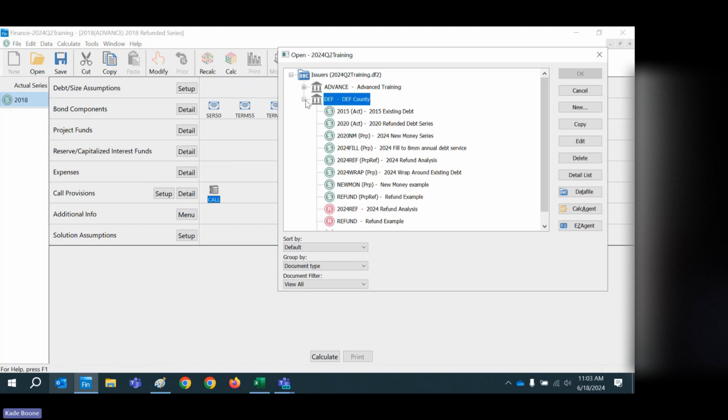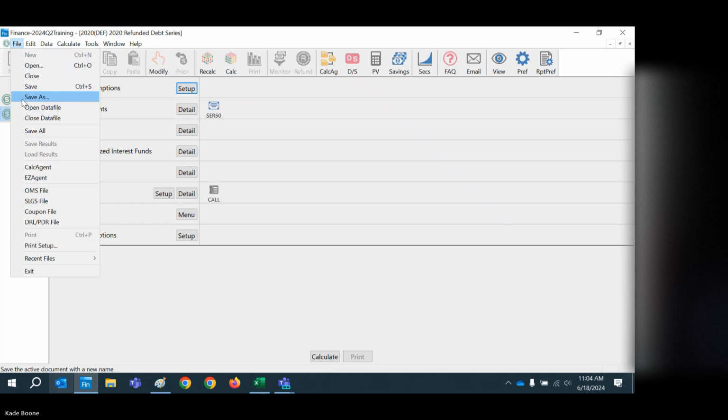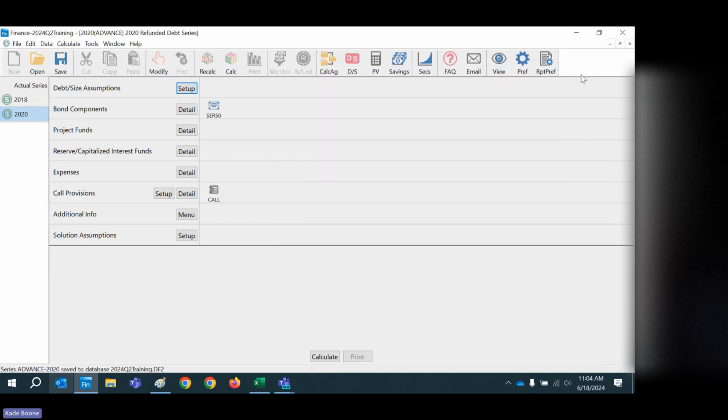Now, let's say in here, we went, oh, wait a minute, I already created the 2020. I want to refund 2018 and 2020. How do I get it into a different issuer? You know, it's in the issuer DEF. I need to get it into advance. How do I do that? Well, you can go into the series, go to File, Save As. You can select. You can even create a brand new issuer. If I click OK,